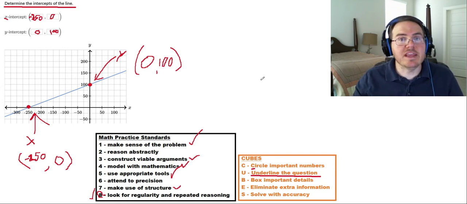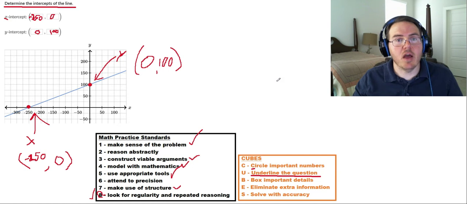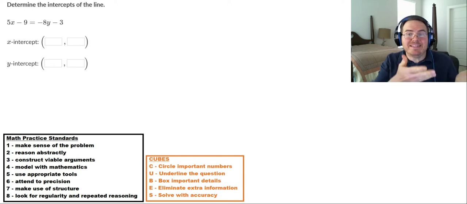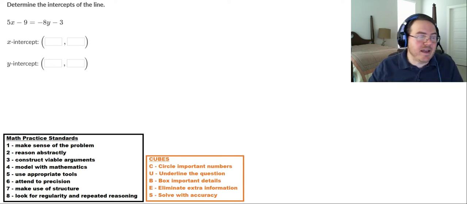Okay. So let's move on to calculating intercepts. And they give you different kinds of information. Okay, so now we don't have a graph. All we have is this algebra, this function, this equation. But remembering what we did in the last one, I think you're gonna like this. So what do we know? And again, this is gonna be our repeated reasoning.